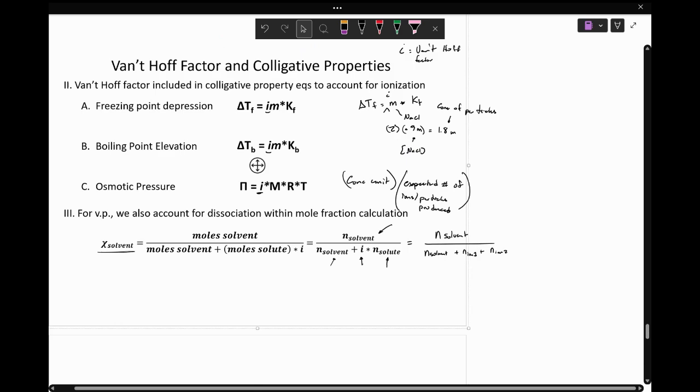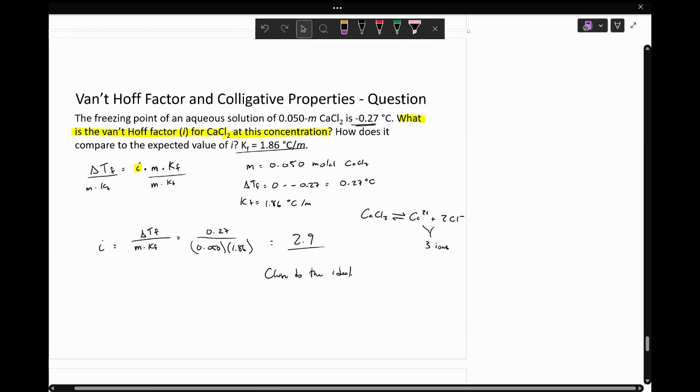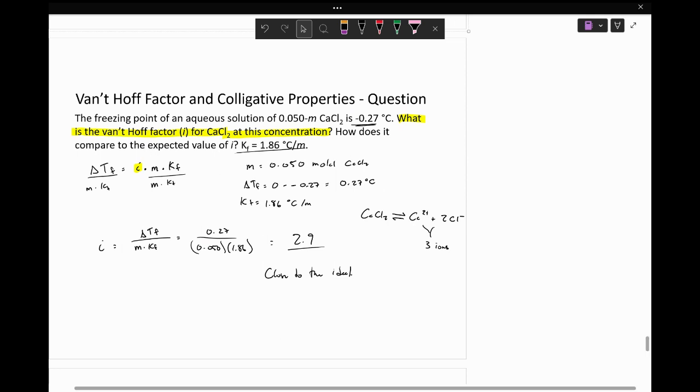So examples like this one right here with calcium chloride. And you'll see in your homework, you have, I think, 2 questions that deal with this Van Hoff factor, where the big takeaway is that you're just going to multiply whatever molality of the salt you have by either the ideal Van Hoff factor of how many ions it turns into, or an actual Van Hoff factor for the situation